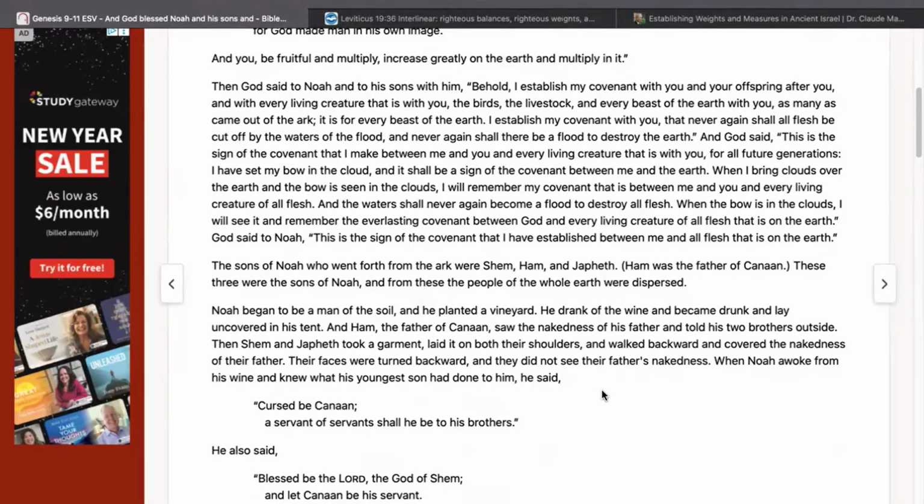And then also, it says immediately when he woke up and knew what his younger son had done, he said, "Cursed be Canaan, a servant of servants." Well, if it is the view that Canaan is the byproduct of Ham sleeping with his mother, well, it takes 9 months for a child to be born, right? And so Noah wouldn't be able to curse Canaan by name unless